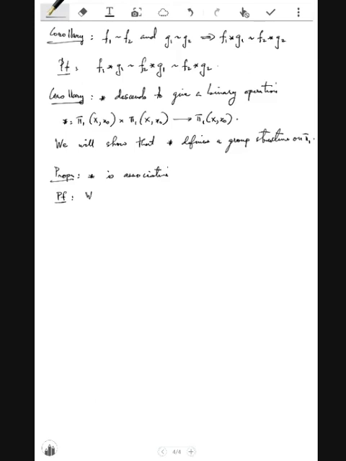So we need to show that f star g star h is homotopic to f star g star h. So what we will do is f